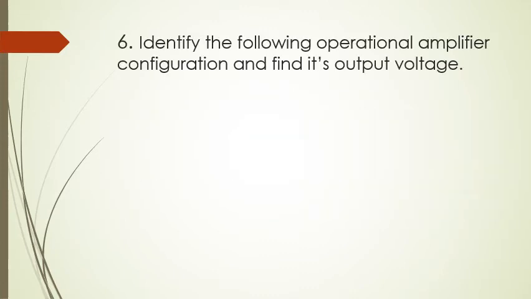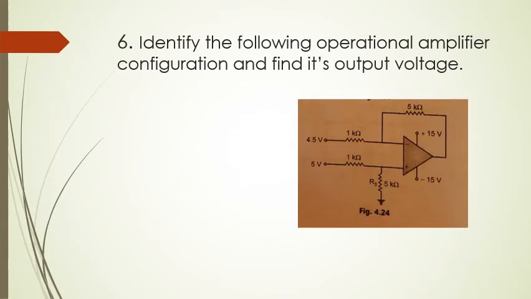Then the next question is, identify the following operational amplifier configuration and find its output voltage. Again the same question, configuration is given. So obviously we are giving the input voltage to both of the inputs of the op amp. So this is op amp as subtractor,